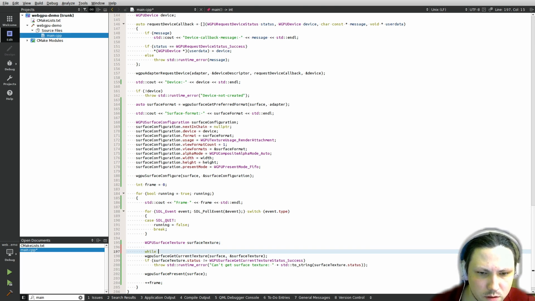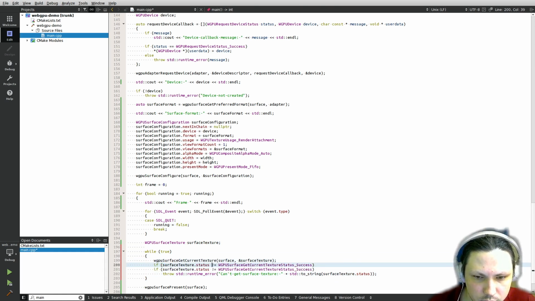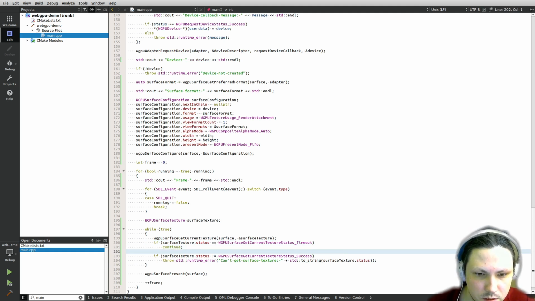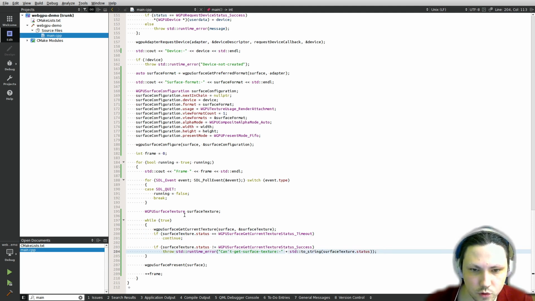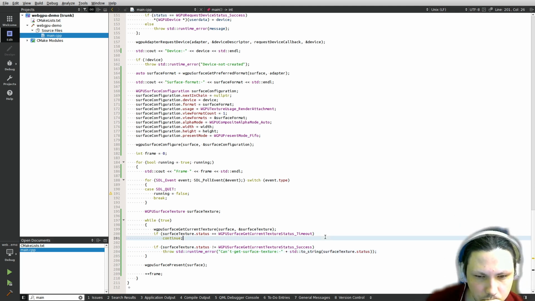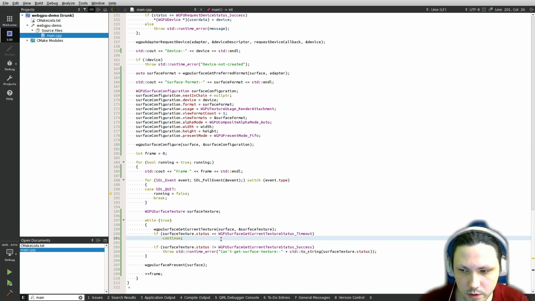You know what? If the surface status is timeout, I will just do a hot loop here. I don't think that's a good idea, but it should have some waiting function. Yeah, so if it's timeout, we just wait. If it is not a success, otherwise we throw, and if it is a success, we just